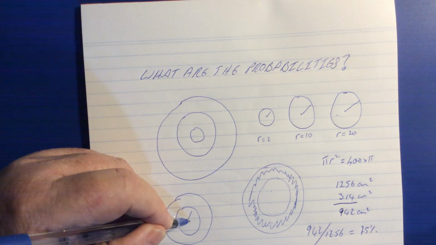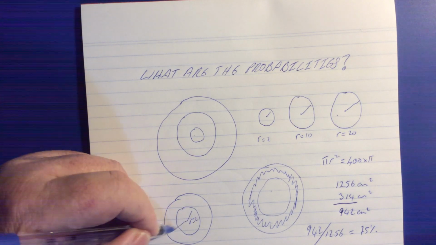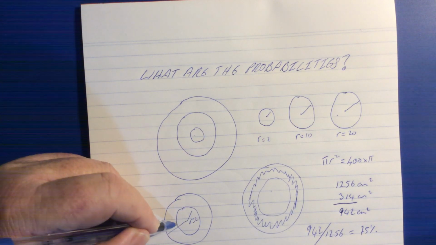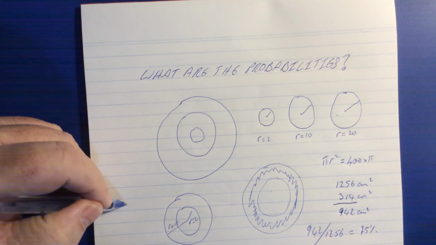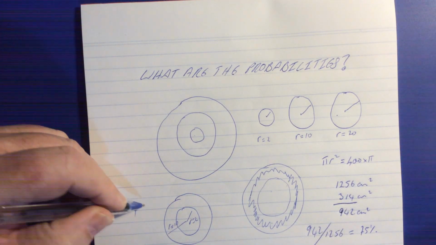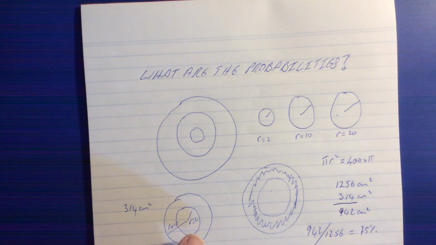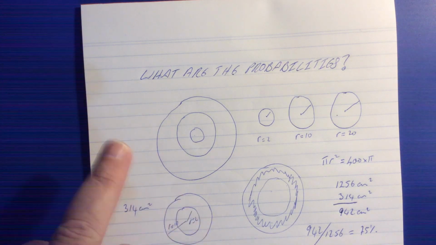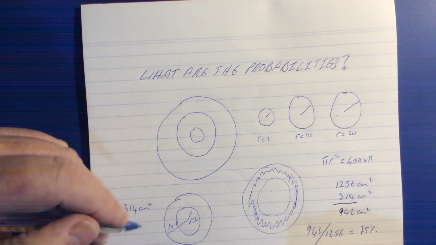So this is the smaller ring, r equals 2 and r equals 10. So it is 314, which we already know, 314 centimeters squared minus 4 times pi, which is the radius squared, 2 squared times pi, so 4 pi,